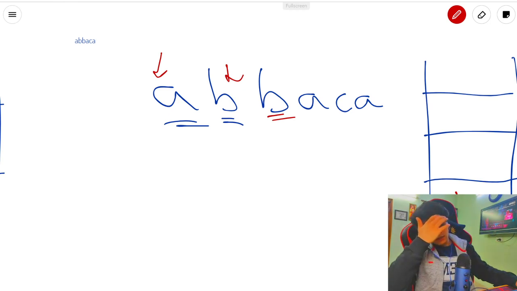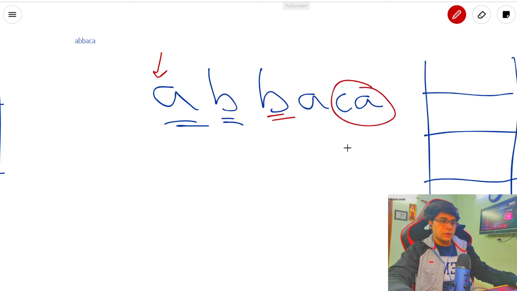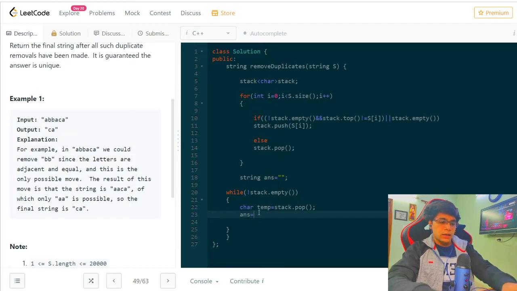For example, in the last situation there would be c and a left, so first I popped this a and kept it over here, then I popped this c and kept it over here, so it became ca. So answer equals temp plus answer, and in the last I'm saying return answer.